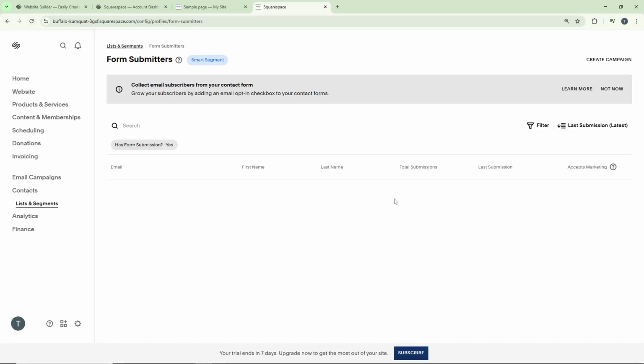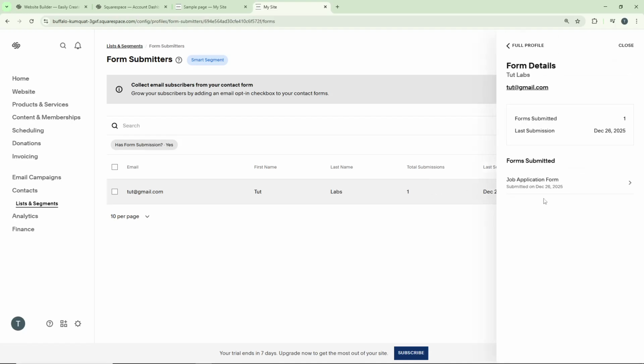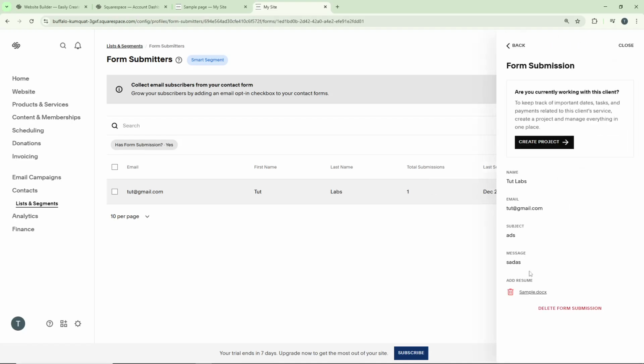Click on it, then click on the form entry itself. You'll now be able to see all the details the applicant provided, and most importantly, you'll see the resume file attached right there. You can download it, review it, and keep track of all applications in one organized place. And that's it. You've successfully set up a Squarespace form to collect resumes, and you know exactly where to find